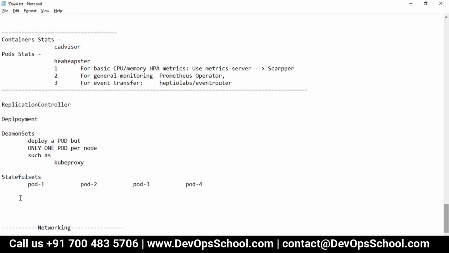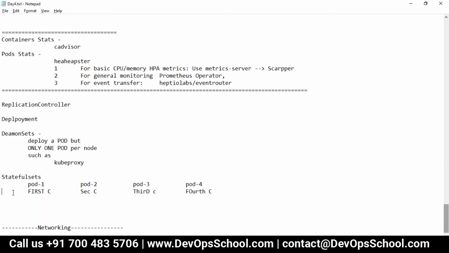First create this, then second create this, in a linear way, not parallel, third this, fourth this. So here you have four pods, and you want this naming convention of the pod.